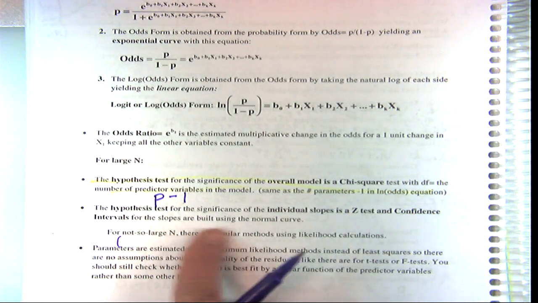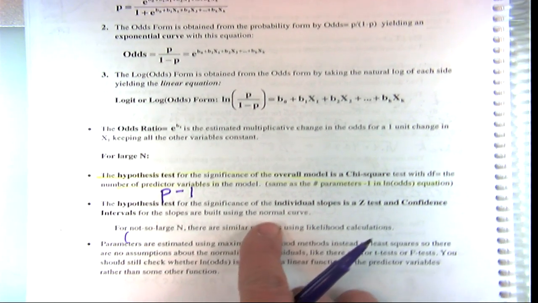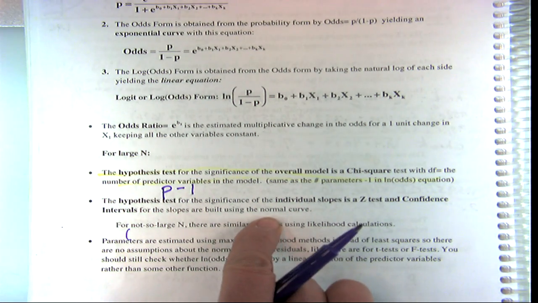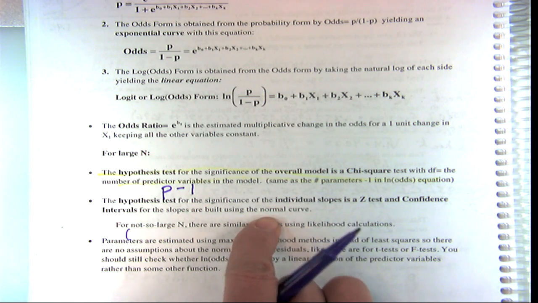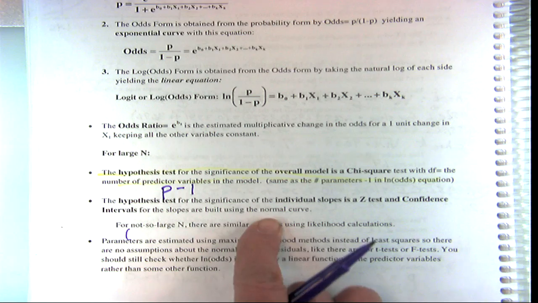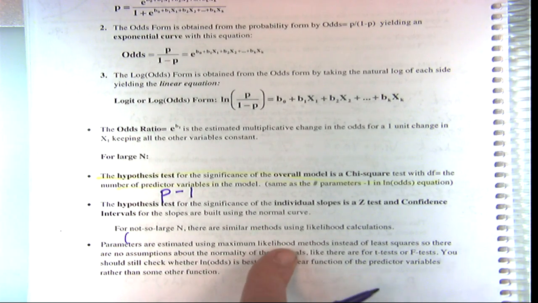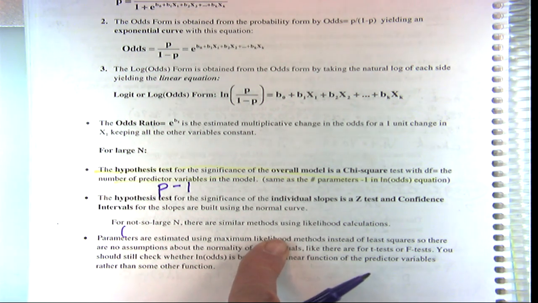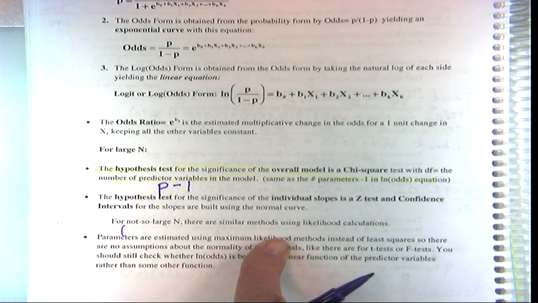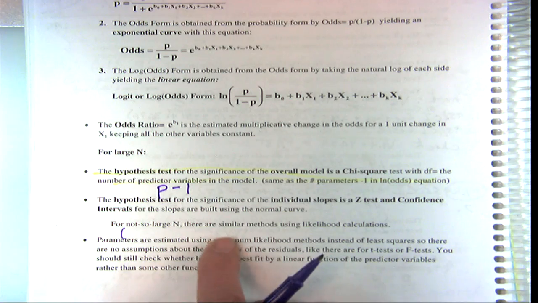And the confidence intervals for the slope are built using the normal curve in the log, which means we then have to transform them by exponentiating those confidence intervals if we want to get the confidence interval for the odds, and then we get those asymmetrical ones. Now, for not so large n,